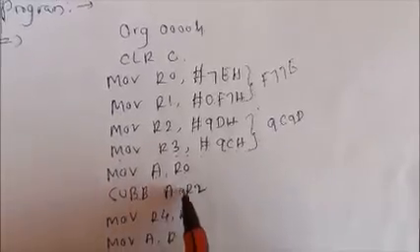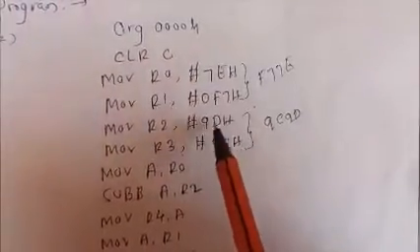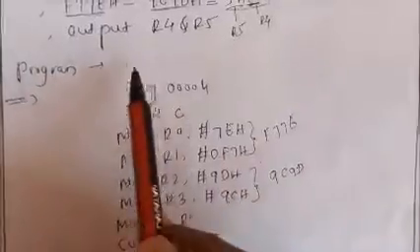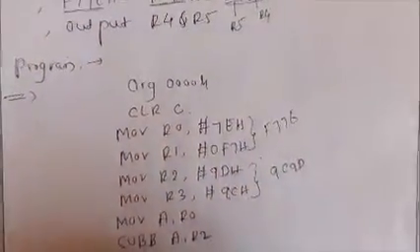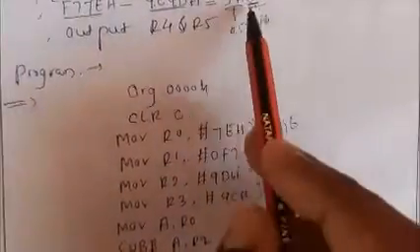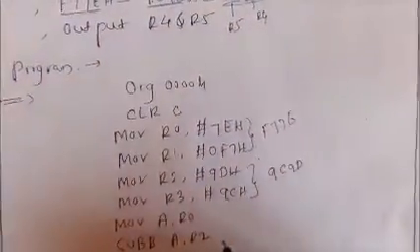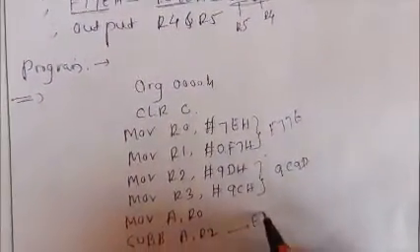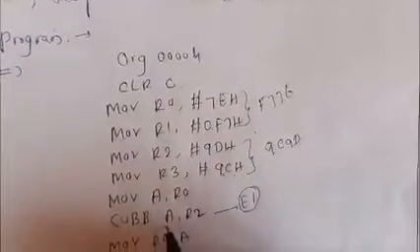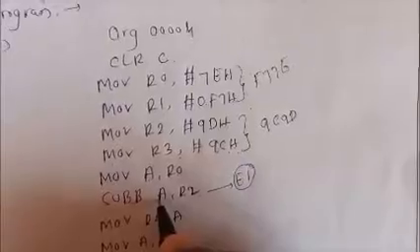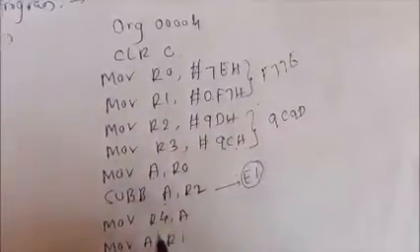So what will happen by using this instruction here? It performs the subtraction 7E minus 90, because I am taking this one. Is it clear? So by using this one, you will get the result E1. This result E1 is going to be stored in the accumulator. Always it will be in the accumulator only. Is it clear?